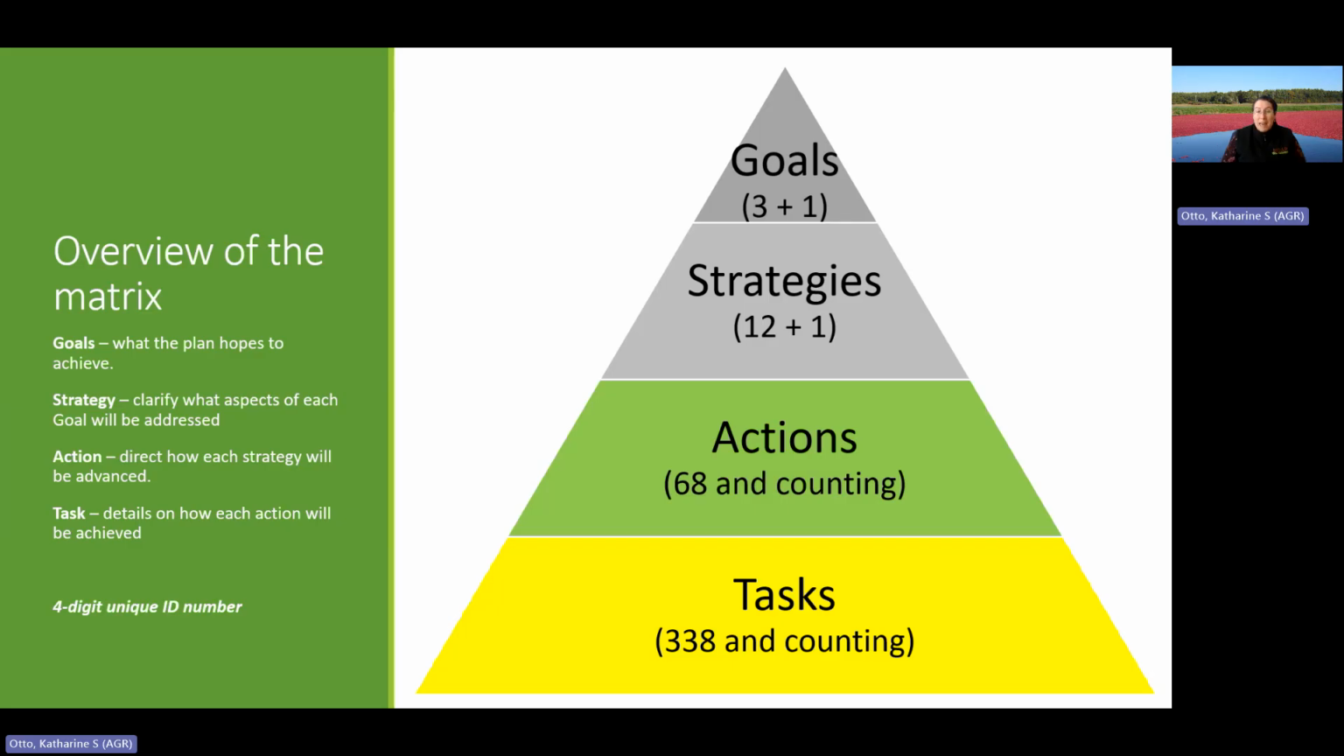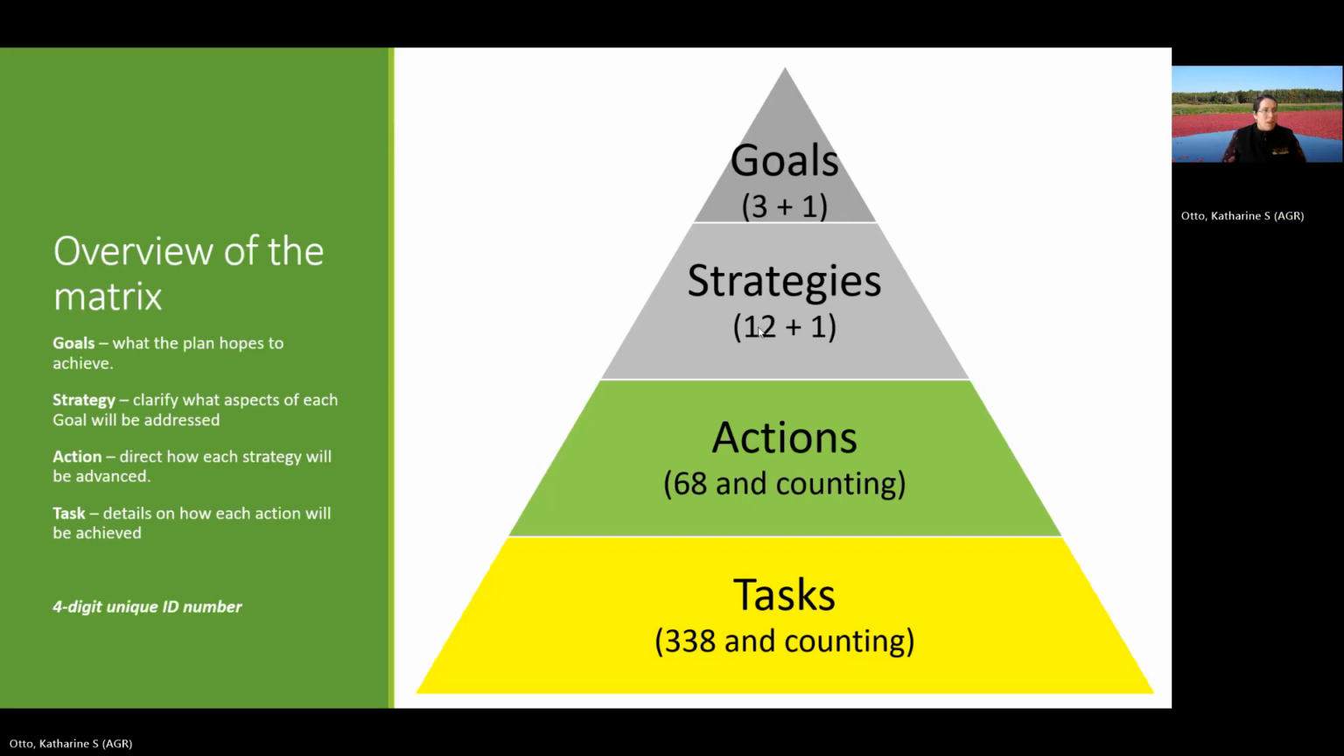So you've got about 68 actions, and then you get into the meat. So the tasks, that's the part that you're probably most interested in. Those tasks are like how each action will be achieved. It's the kind of practical next steps. Sometimes those tasks are sequential. Do this and then do that. Sometimes they're things that can just be done at the same time, but they're all heading towards achieving that same